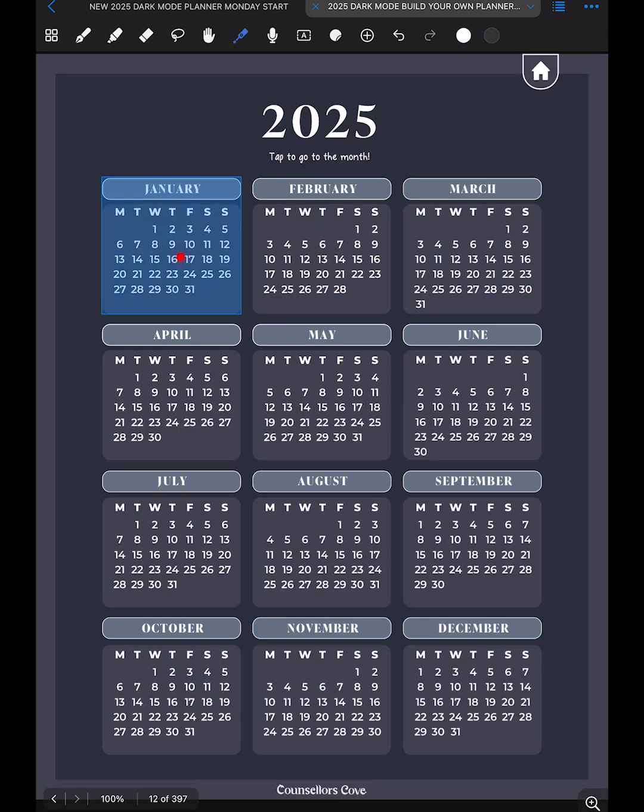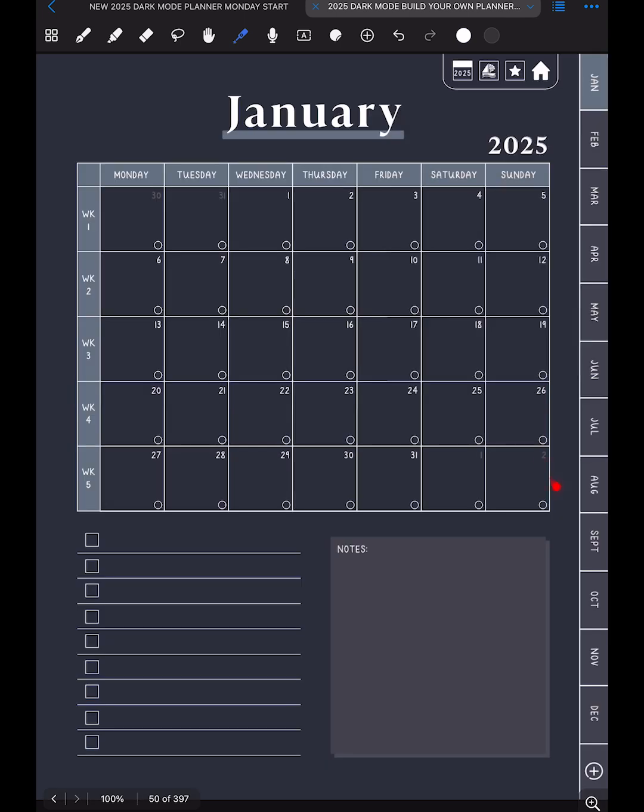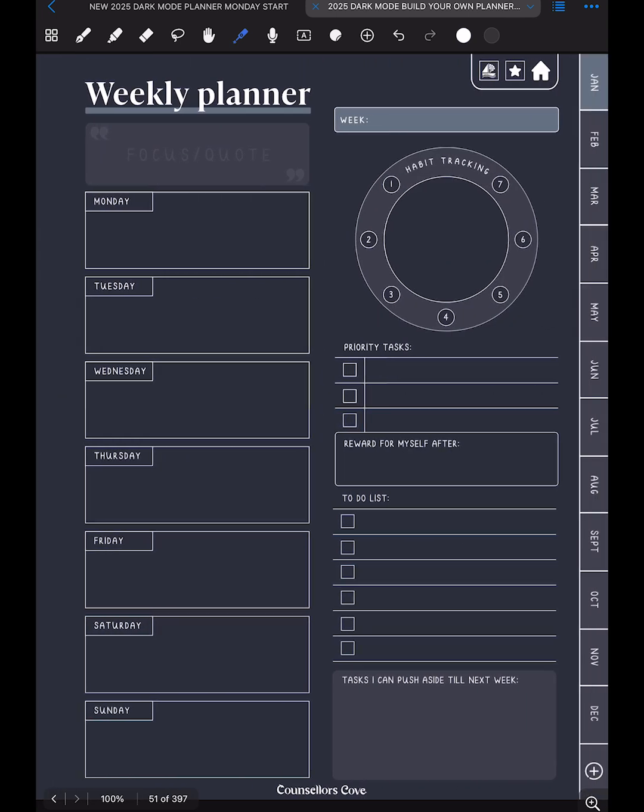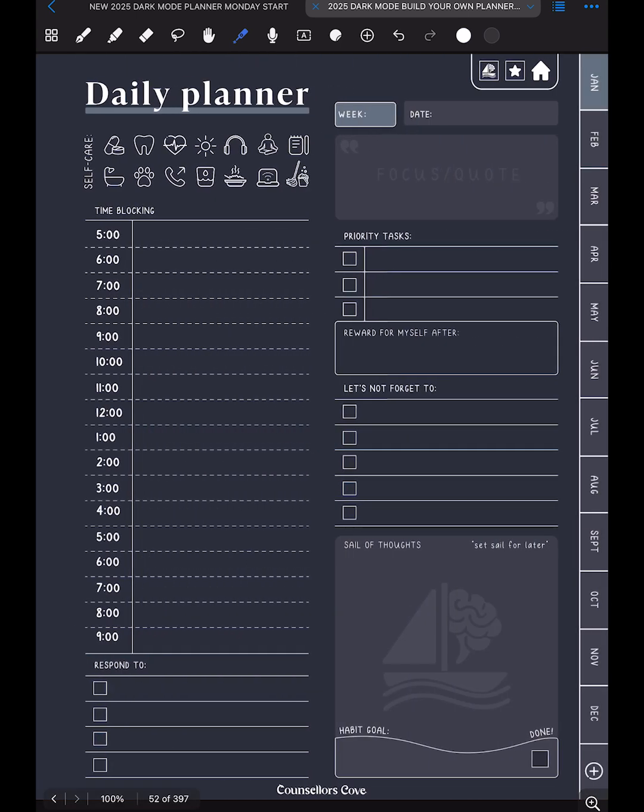If we swipe, we can access a blank weekly page, which is undated and unlinked. And if we swipe again, we can access a blank daily planner page, which is undated and unlinked. Now this may seem sparse in comparison to the 365-day version, however, it is important to note that the build